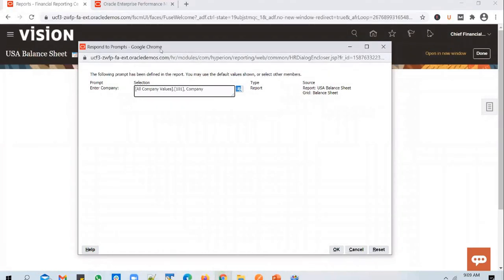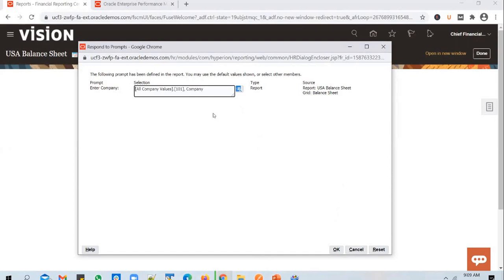We can also set up, and I'll not repeat this again and again, but all the features that you see in this seeded report, we are going to plug them into the custom report that we are going to build. We'll also see how to configure the prompt, and every other option that you're seeing in the report, we'll see how to plug them into a custom report as well tomorrow.